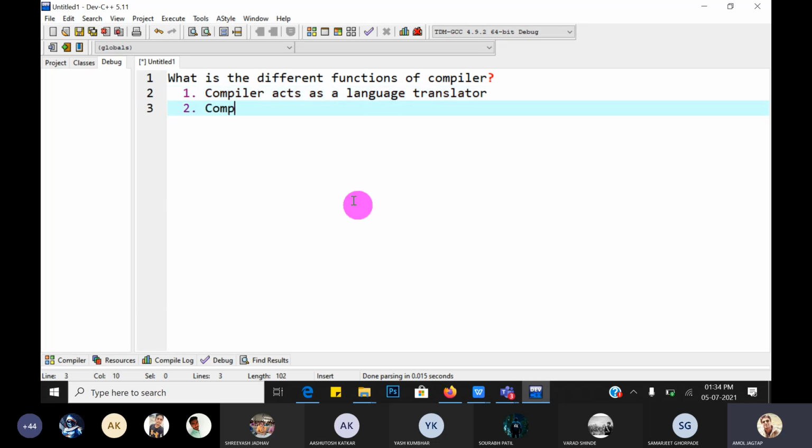Second, the compiler checks syntax errors. There are different types of errors in C language. We will see that. So in that, the compiler checks only grammatical or syntax errors.